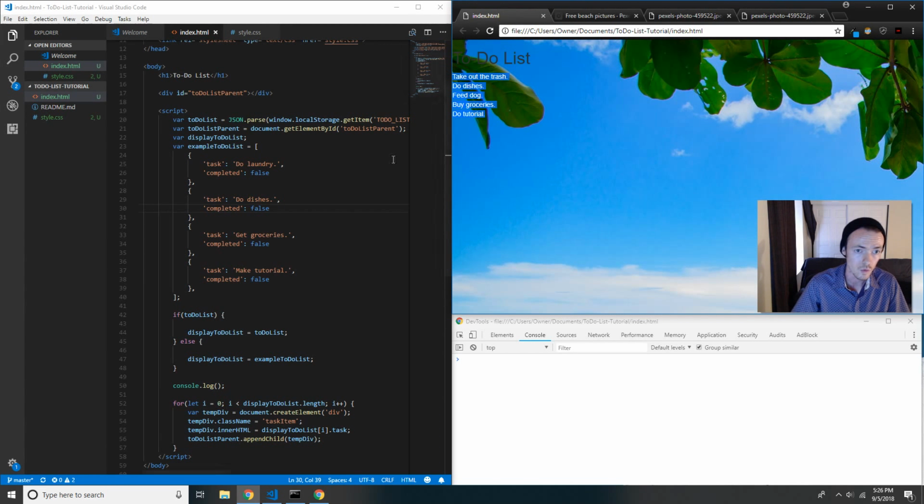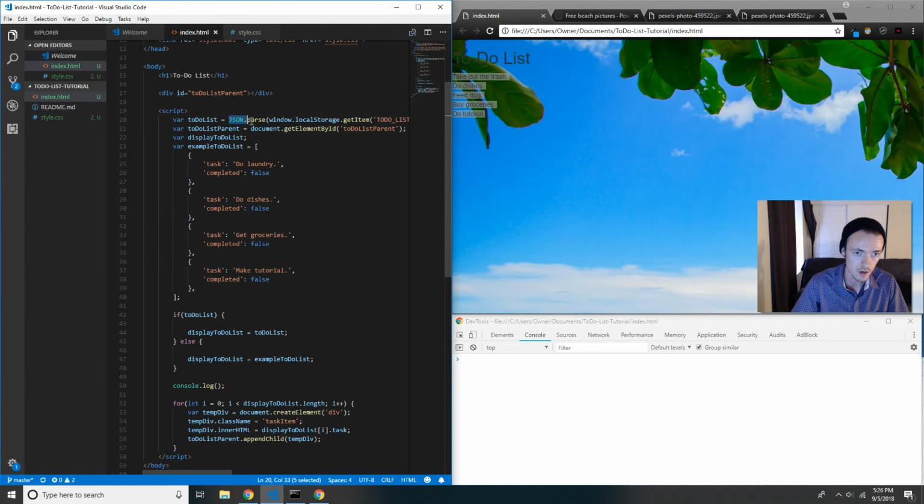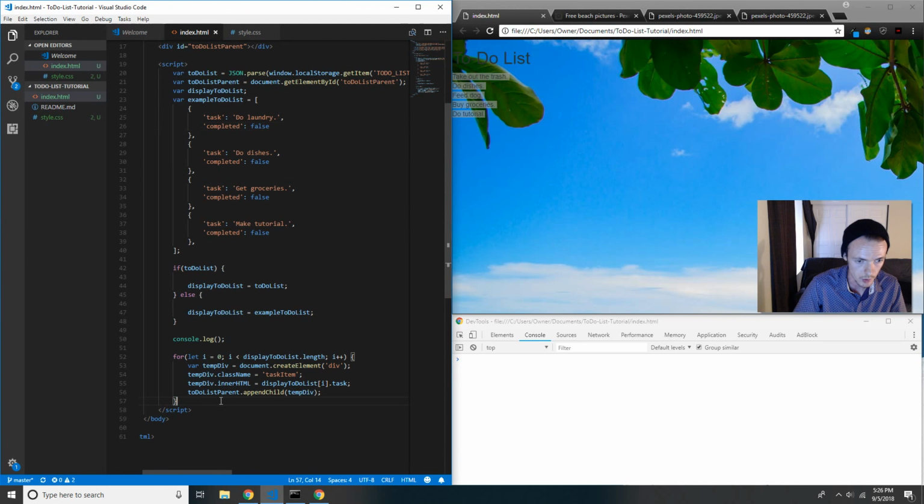So again, what this does is JSON.parse takes a string version of a JSON object, which is a JavaScript object notation object, and then parses through it and creates an actual object. The opposite of that would be JSON.stringify, which takes an actual JSON object and then turns it into a string. And then that is what we're going to store in local storage. So anyway,